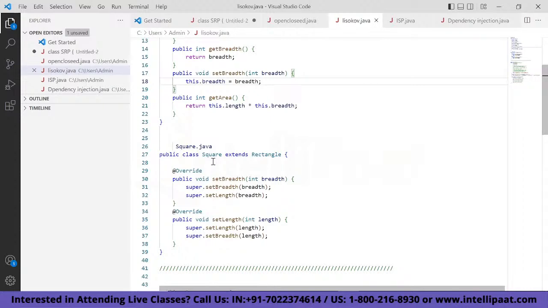Length must always be equal to the length supplied as the method's input. Length and breadth must always be the same as the breadth supplied to the method as an input. The product of length and breadth must always match the area. If we try to construct a relationship between square and rectangle so that we can say square